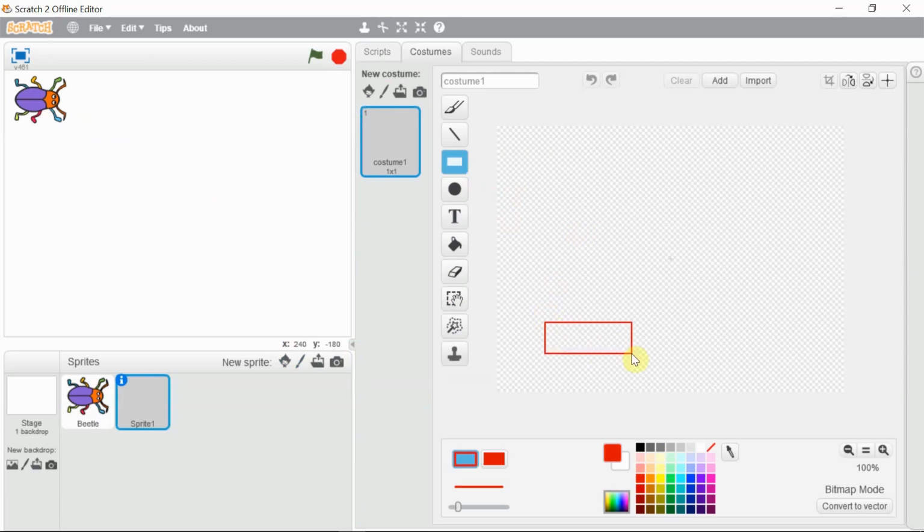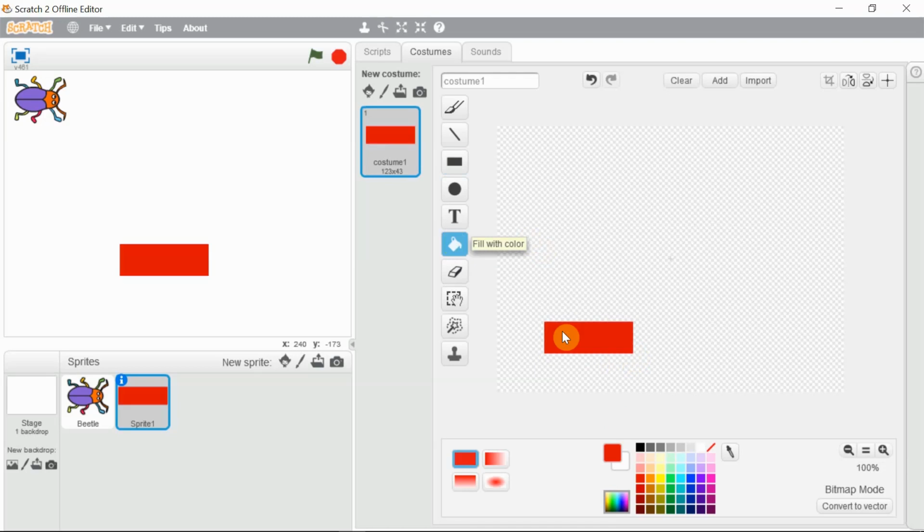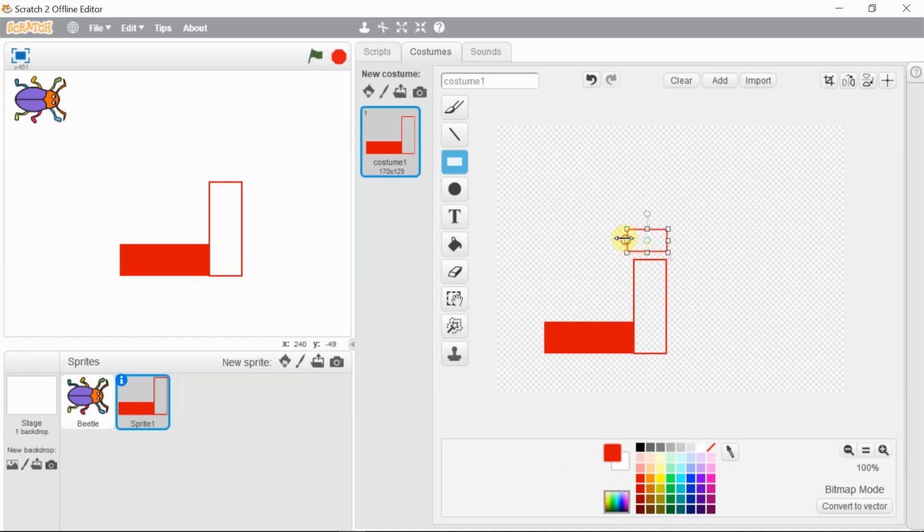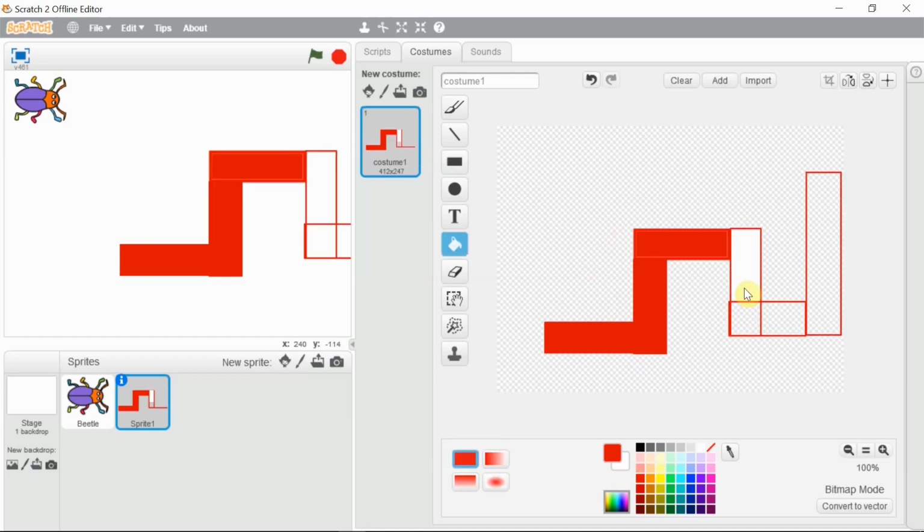Slowly I create one rectangle, and this is a hollow rectangle, so I need to select the fill tool, the bucket tool, and fill the color like this. Similarly, I can make further rectangles, and as I join these rectangles like this, I draw them so that they create the rest of the path. I fill it again. The rest of the path is there, and slowly, gradually, the required path is created.